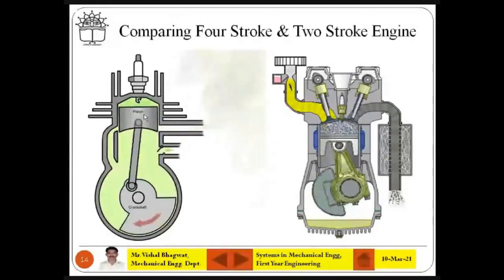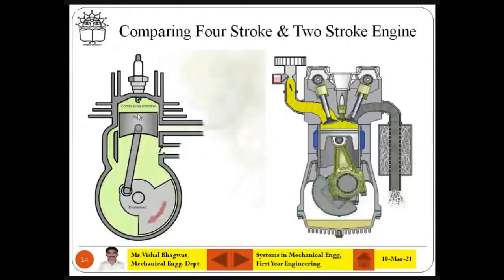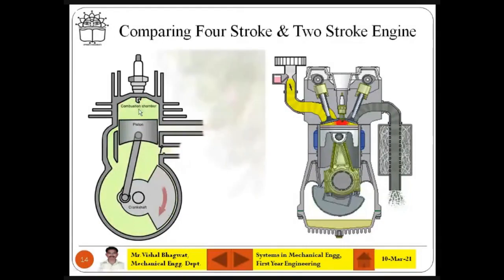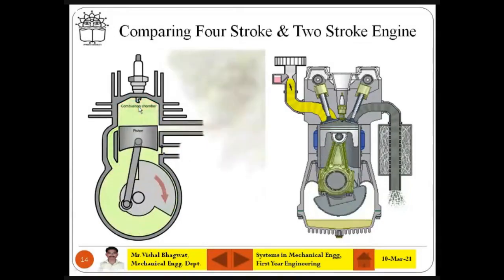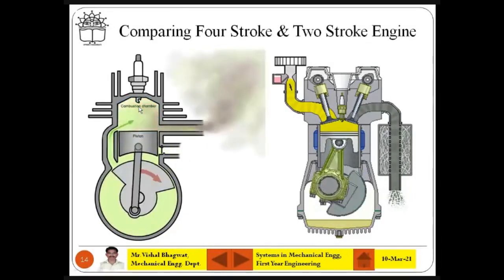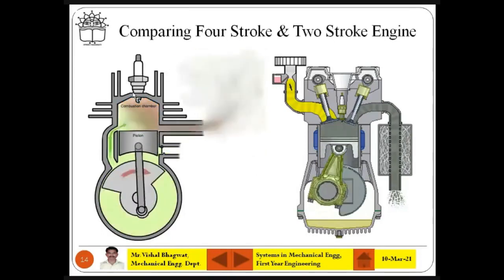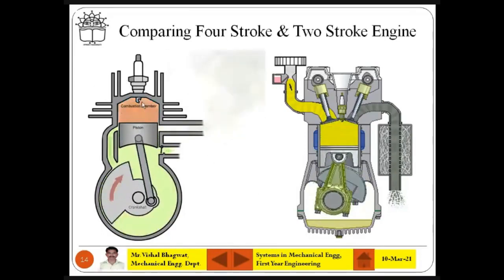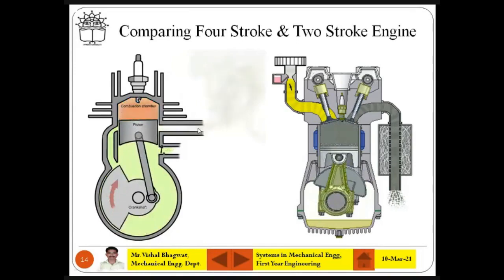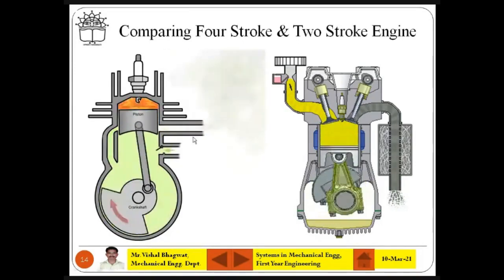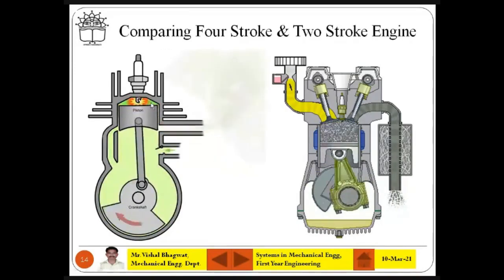So what I can say is the unburned hydrocarbons, that is what you have in petrol and diesel, HC. Those unburned hydrocarbons go outside the engine and mix into the environment, and that is why you see the pollution is high for the 2-stroke engine.